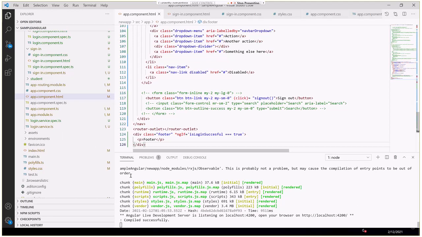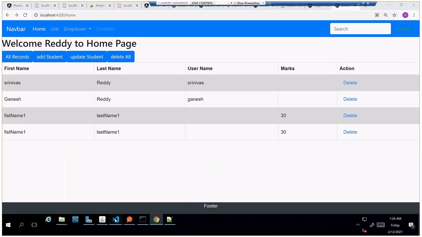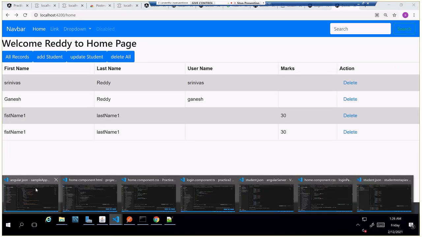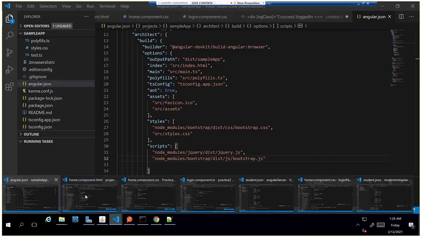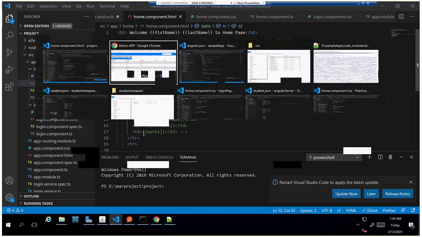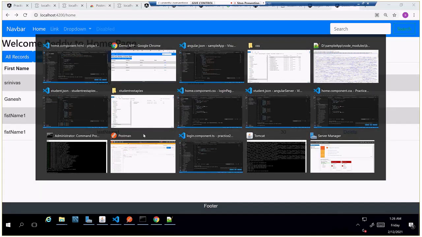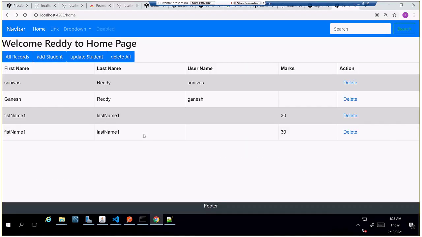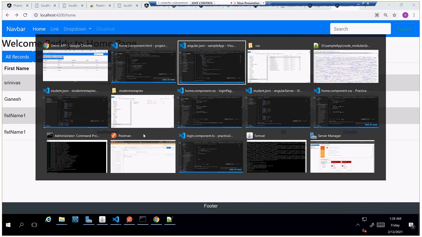I thought in logout you have to type sessionStorage.clear. Yeah, when you click the logout button, you call a function. In that function you write sessionStorage.clear and navigate home.